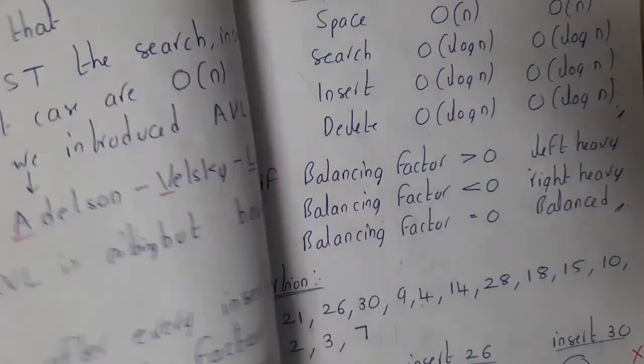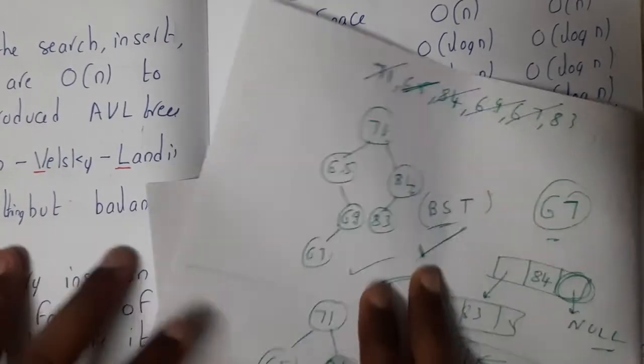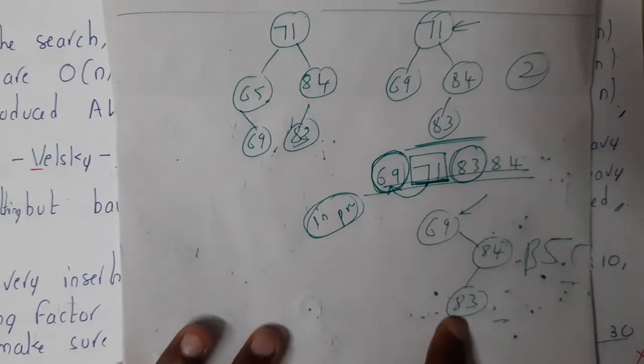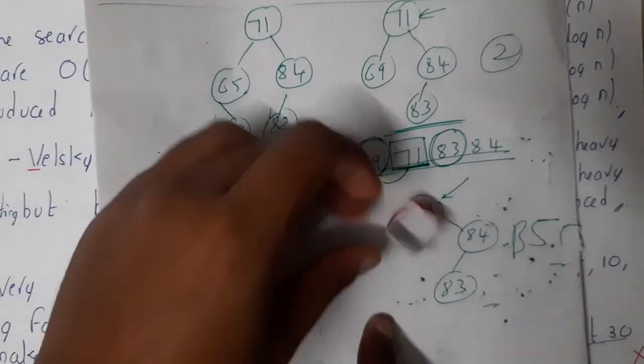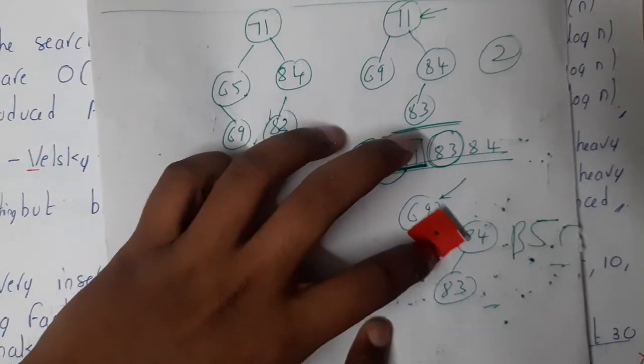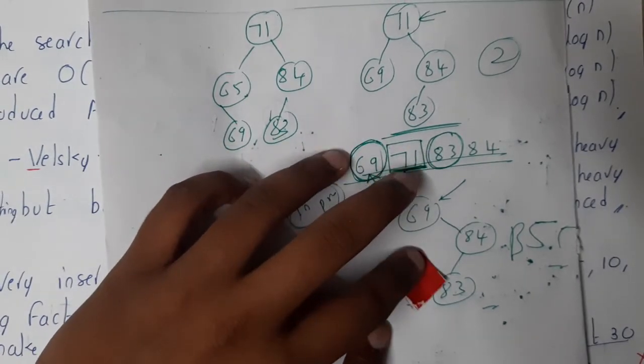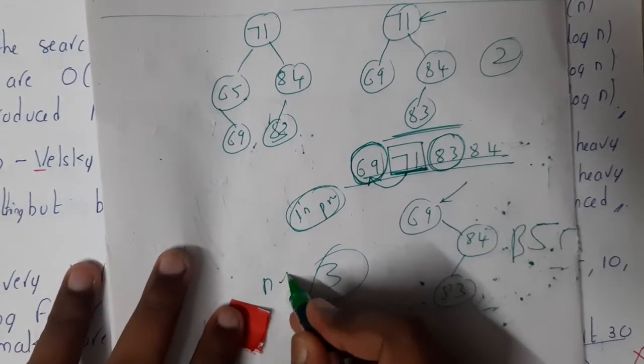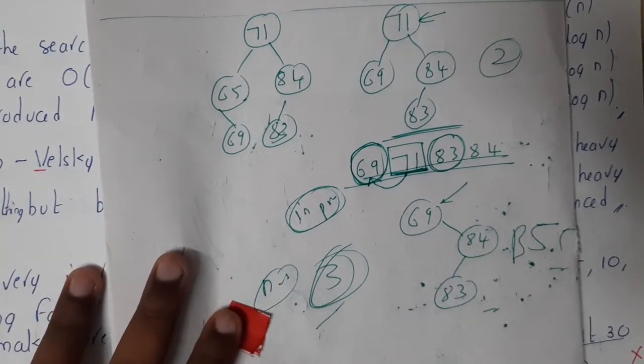Now you got a clear idea about this binary search tree and all those things, right? Yes. So assume that now if you want to search for 83, how many comparisons will you make here? You will check: 69 equal to 83, no. 69 equal to 84, no. 69 equal to 83, yes. So after 3 searches, it is indirectly n equal to 3. So it is nothing but big O of n time, right?